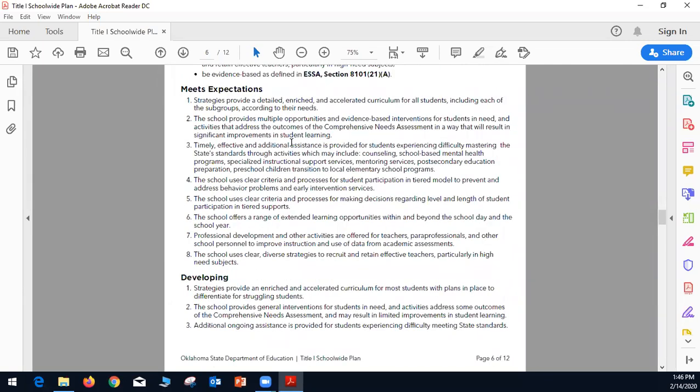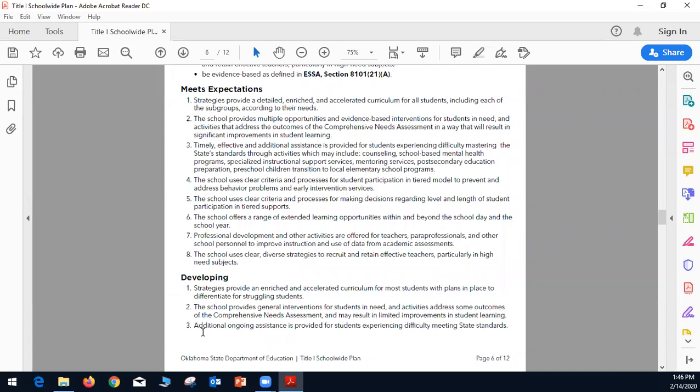A well-written plan, again, will indicate that the school provides multiple opportunities and evidence-based interventions for students in need and activities that address the outcomes of the comprehensive needs assessment in a way that will result in significant improvement in student learning.